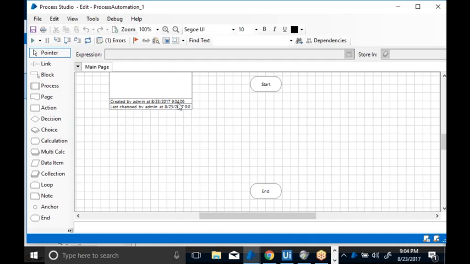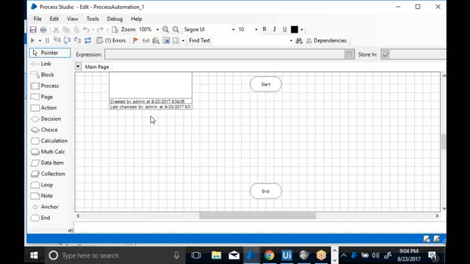Now you have the process automation underscore one. If you open this, this is the UI of your Process Studio process. There is not much difference between the Process Studio and Object Studio. There are only two differences. By using the Object Studio, I can interact with the application, like when you log into the application. When it comes to the Process Studio, you cannot interact with the application. If you want to interact with the application, you have to use the Object Studio.